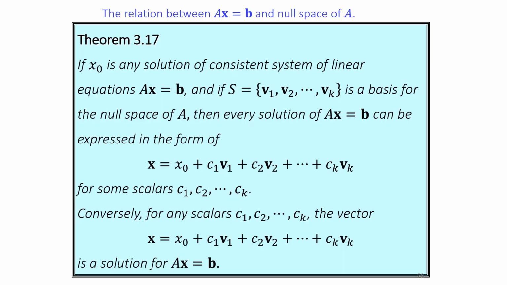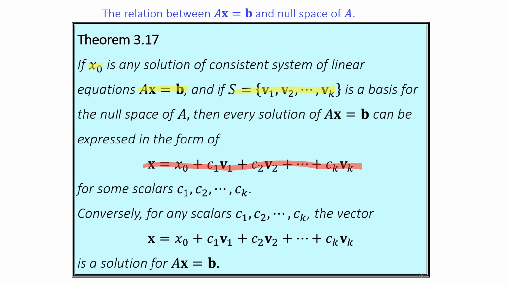In the previous slide, we have seen the relation between a solution for Ax equal to B and the null space. This theorem states the general statement for the relation between a system of linear equations Ax equal to B and the null space. It says here that we have x naught as any solution of a consistent system of linear equations Ax equal to B, and we have a basis for the null space of A, where the basis is given by vectors in the set S, and therefore every solution of the system of linear equations can be written as